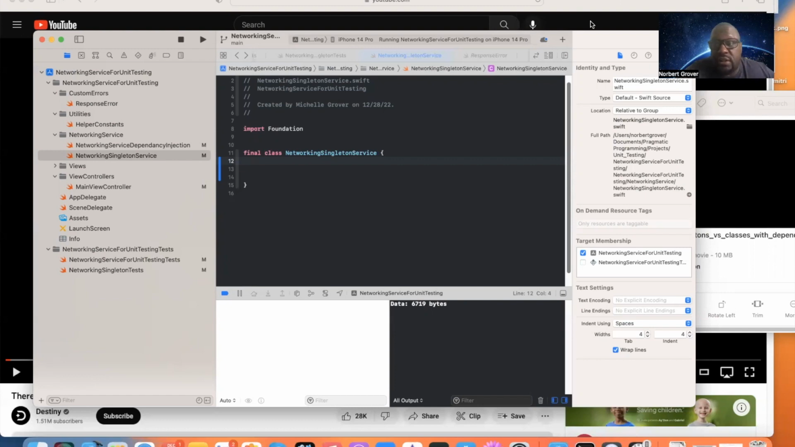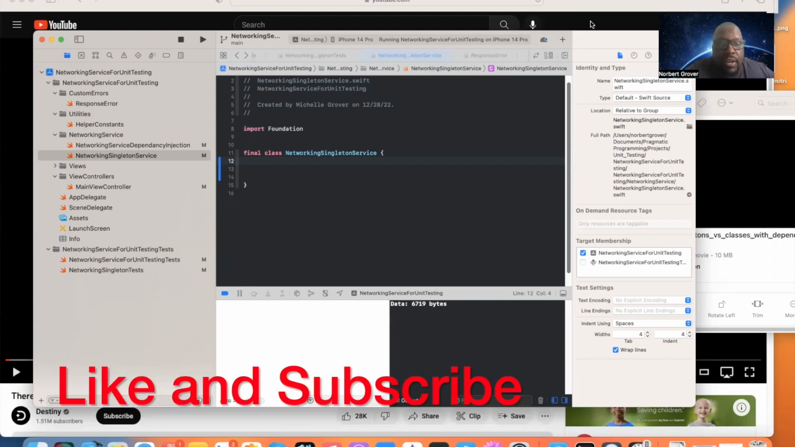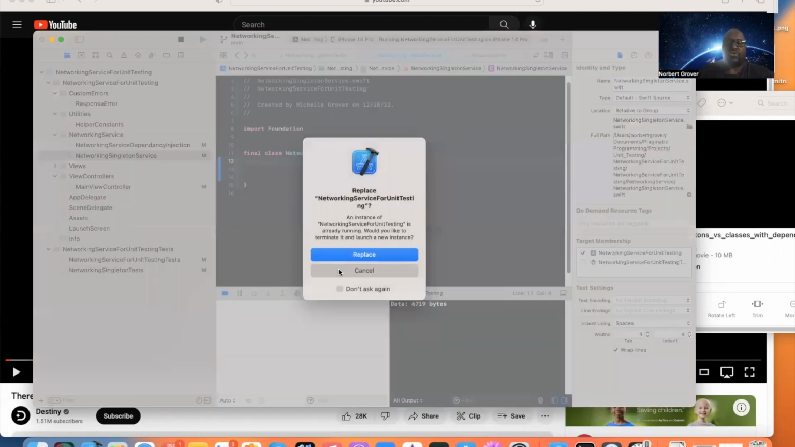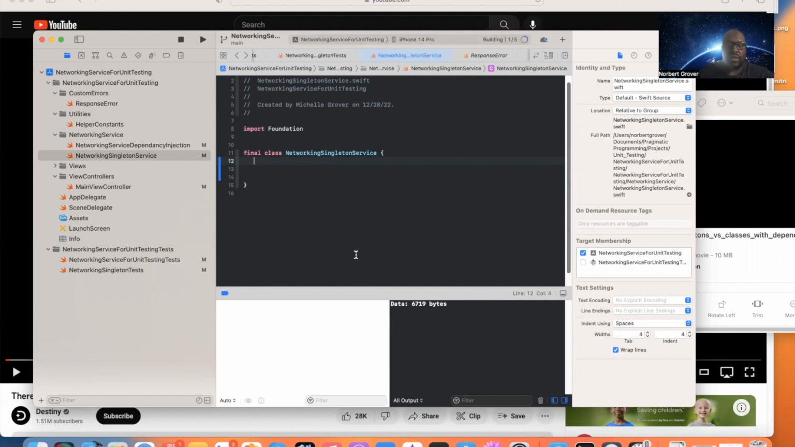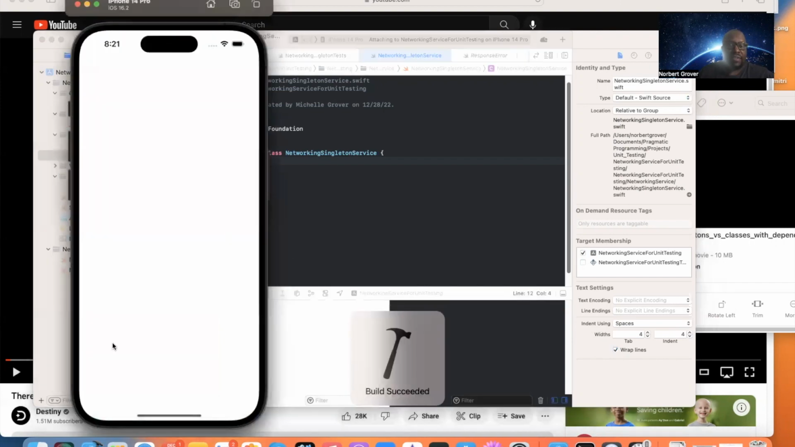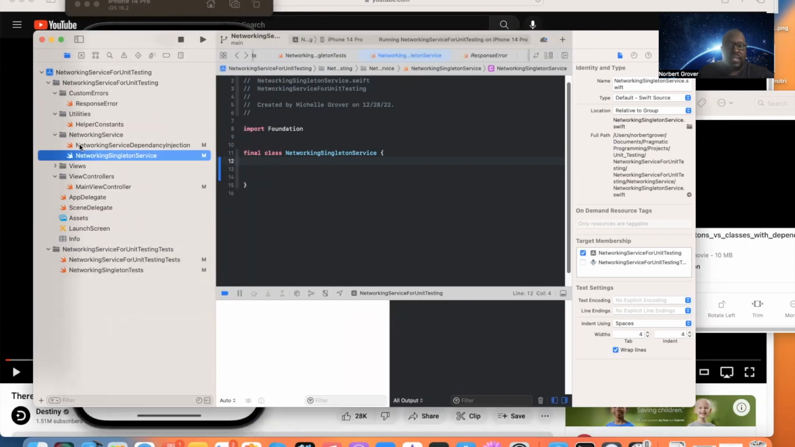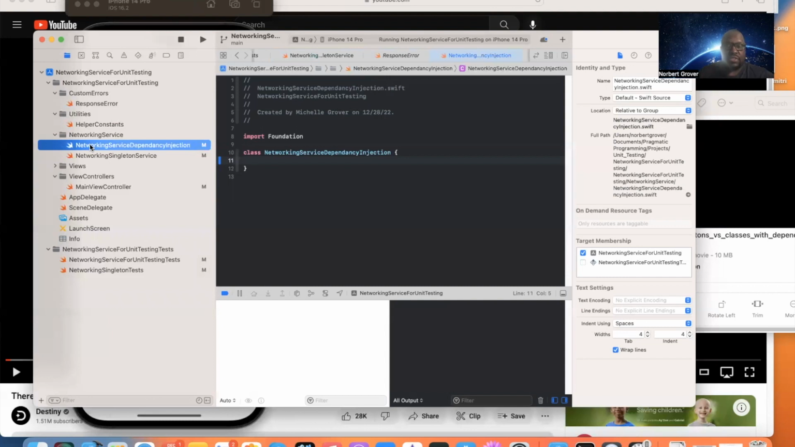We create an instance of our networking service. And yeah, so here we go. Right now I have a project right here. It doesn't do anything, right? All that we have is, as you can see, this right here. But what we're going to do is, in these classes, create a networking singleton service, and then I'm going to make another service, an object, networking service dependency injection, and we're going